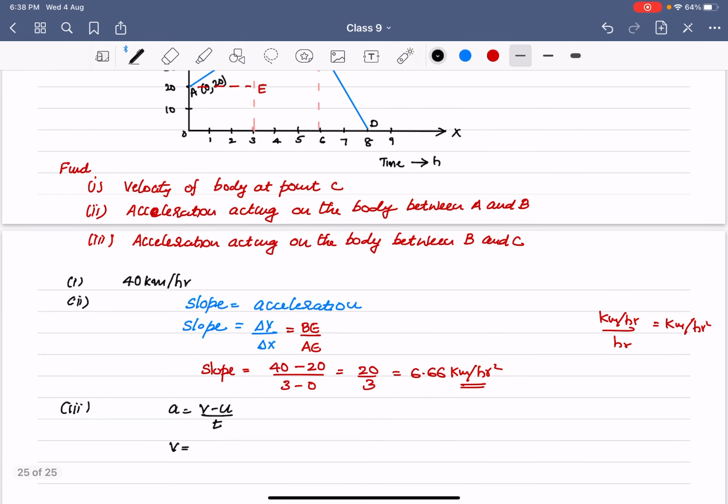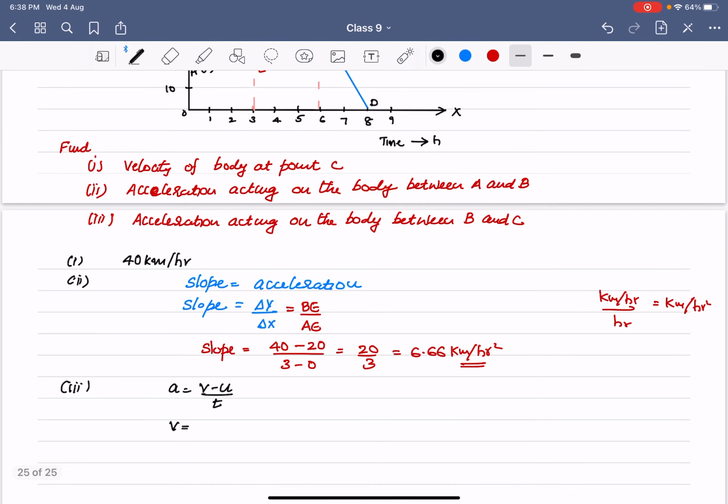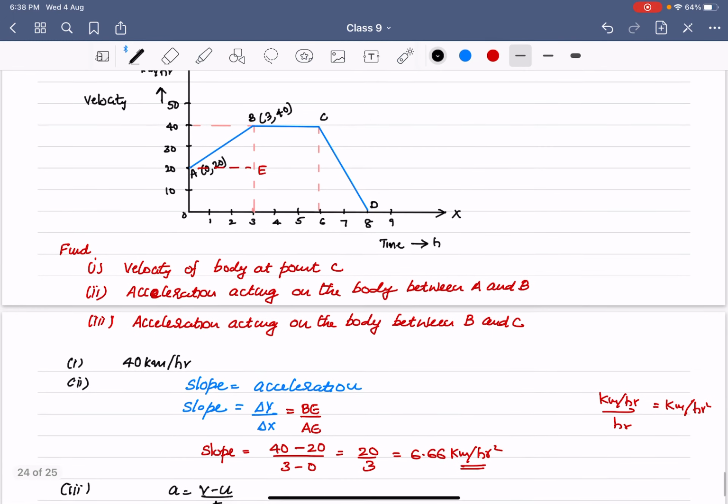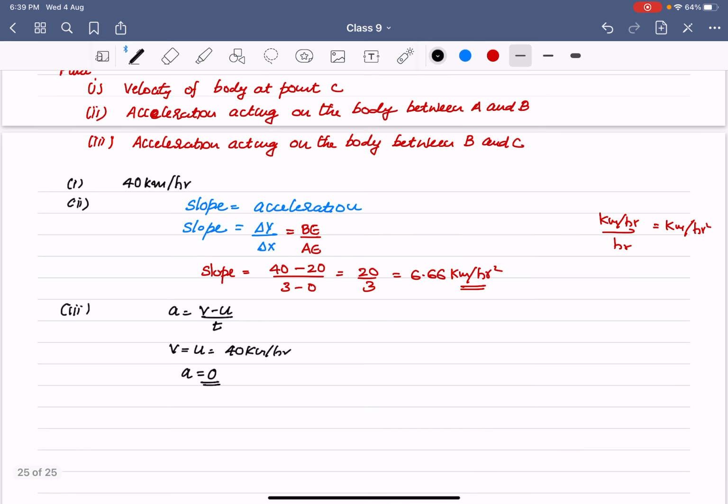So here initial point, that is at B point, the velocity is 40, and at C point also the velocity is 40, right? So v is equal to u is equal to 40 kilometer per hour. That means we are having constant speed or constant velocity here. So if that is the case, acceleration has to be equal to 0 because there is no change in velocity. Okay, so here you can write there is no change in velocity